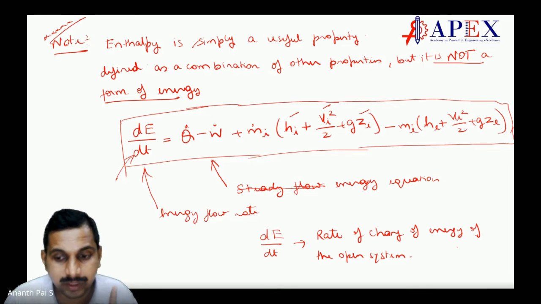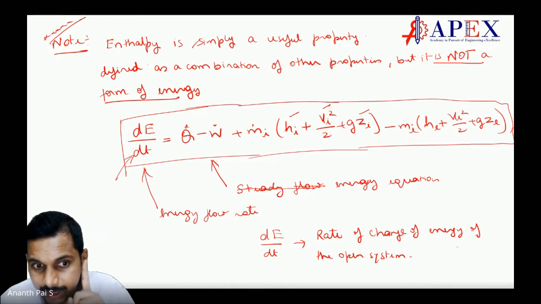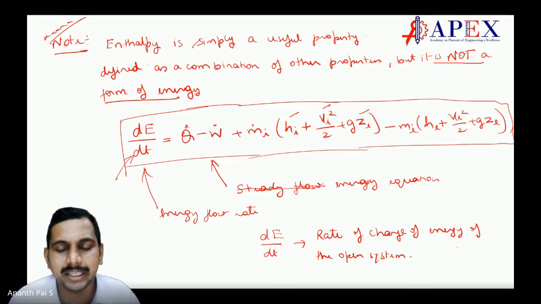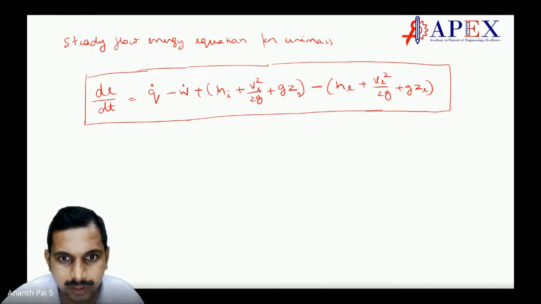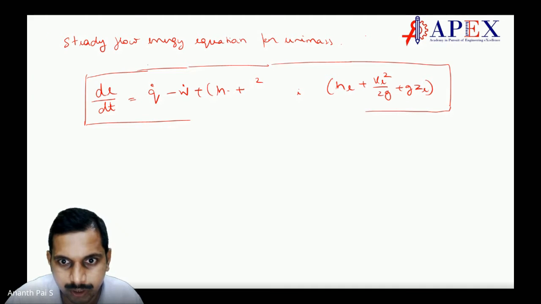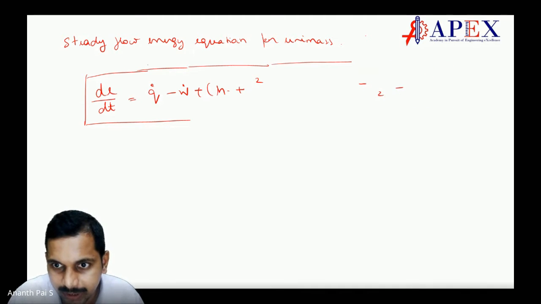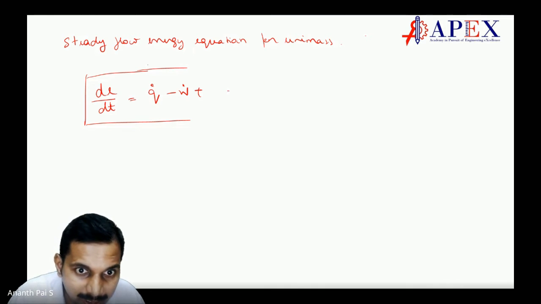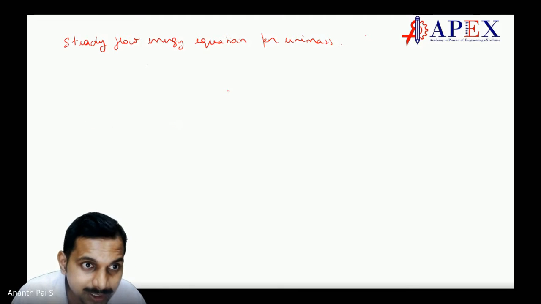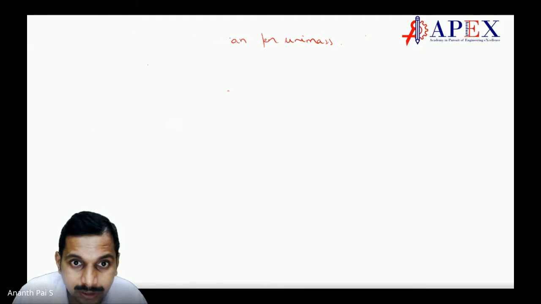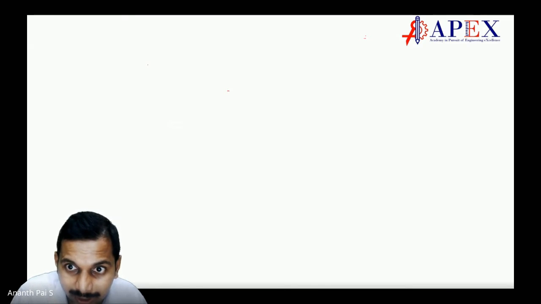This is one thing we have to understand, very very important. Now in a steady flow, dE by dt goes to 0. Let me change this. This is not the steady flow energy equation. Let me rub this off fully. Okay, not required. I'm sorry, this is a blunder from my side. I wanted to go something ahead, and I made a blunder. But that blunder has shown you what should not be done. There are things you can learn from the teacher: one is what you must do and what you must not do. So from a teacher like me, you will also learn what must not be done, what the major mistakes are.